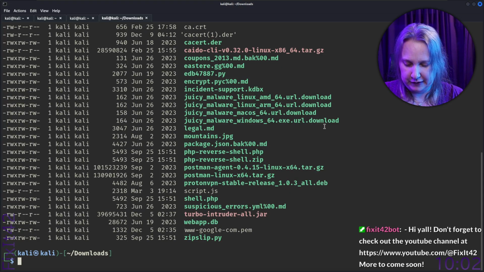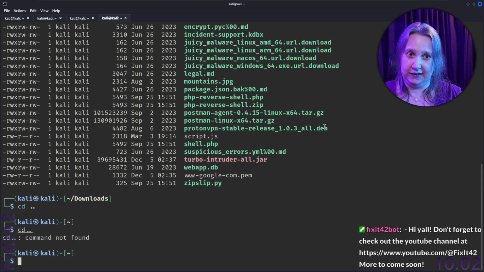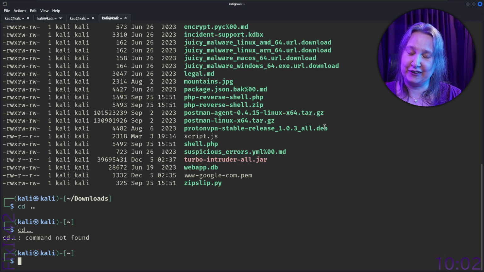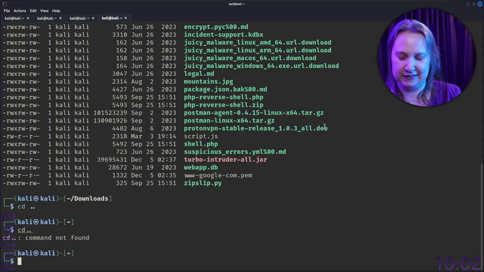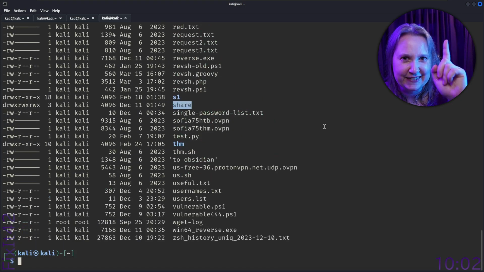So we know the path of this file, so I'm going back. That's kind of annoying though. One thing that annoys me in Windows, you can do cd.. without a space, and that's like an alias, I guess, for cd space.. Of course I could add it, but it wouldn't work. If I get used to using that, it wouldn't work still on another box. So no use in doing that. Do I dare to ls this directory? You can see how messy it is, but I do have a THM there.